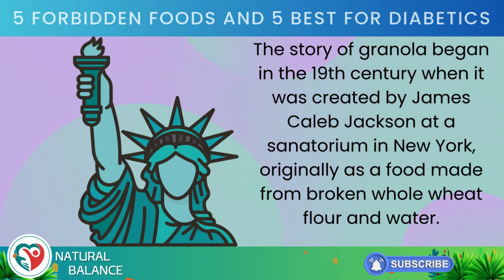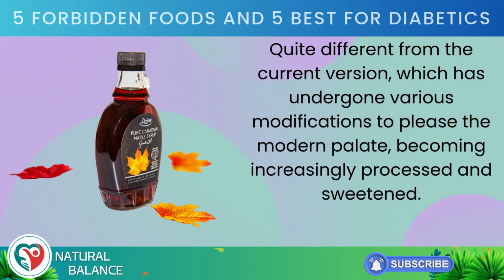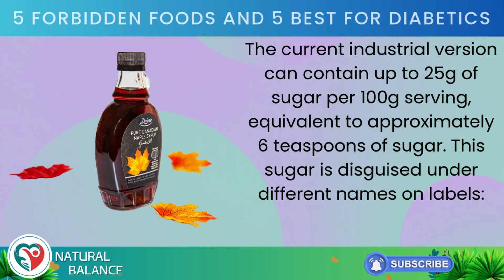sanatorium in New York, originally as a food made from broken whole wheat flour and water. Quite different from the current version, which has undergone various modifications to please the modern palate, becoming increasingly processed and sweetened. The current industrial version can contain up to 25 g of sugar per 100 g serving, equivalent to approximately